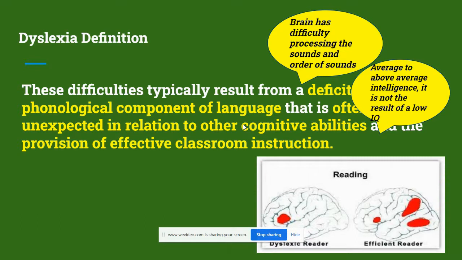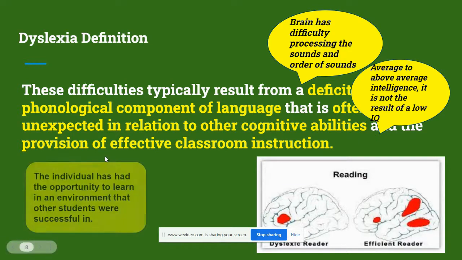But at the same time, a student with dyslexia typically is in that average to above average range of intelligence, meaning they have a lot of strengths as well. And the provision of effective classroom instruction is basically saying that the student that has markers of dyslexia has had the same opportunity to learn in the same environment that other students were successful in, and maybe they were not